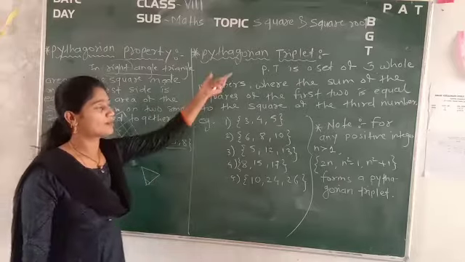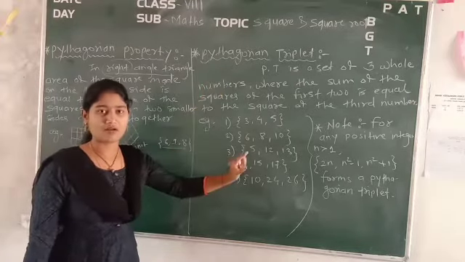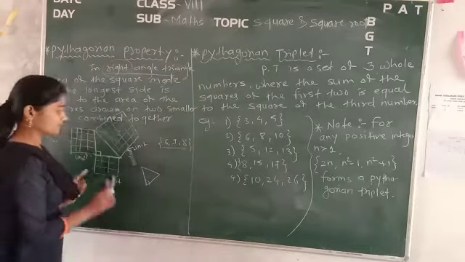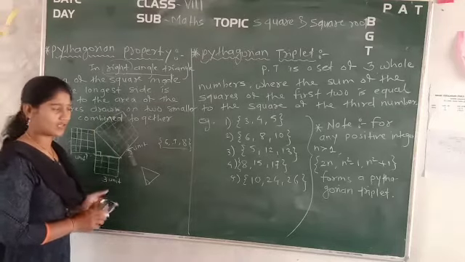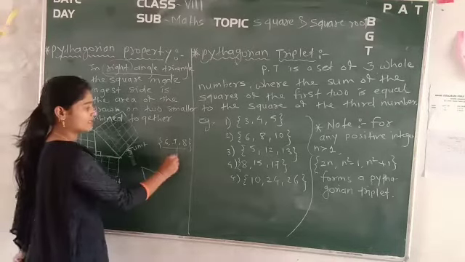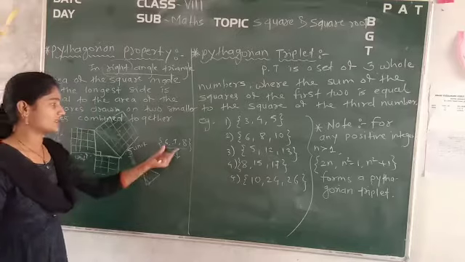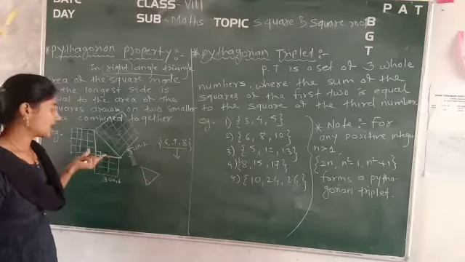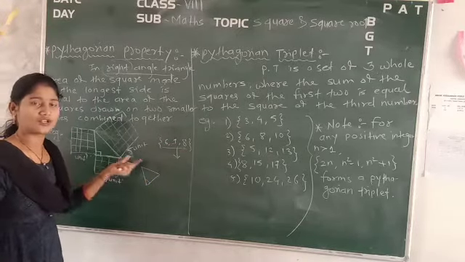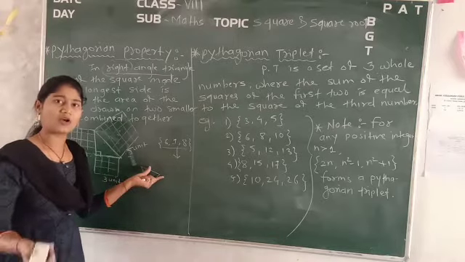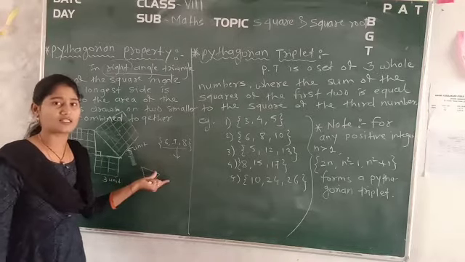We can call it a Pythagorean triplet, otherwise we will not call it a Pythagorean. So have you understood this one? If you understood this one, try with this one. Try with those numbers, whether it should form the right angle triangle in the middle, or it should form the acute angle triangle or obtuse angle triangle, and tell me what answer you get.